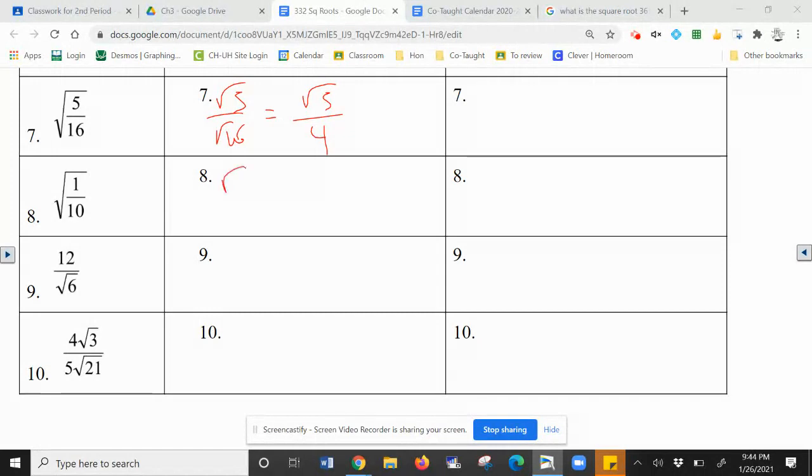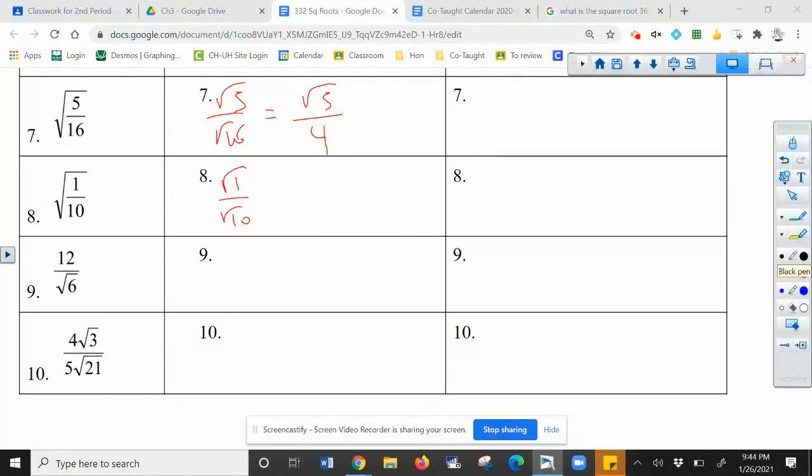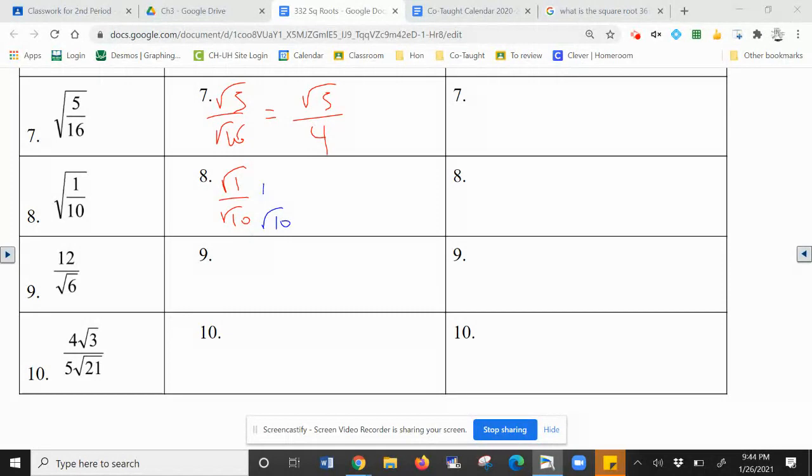And this next one, the square root of 1 over the square root of 10. Now, the square root of 10 can't be in the denominator. So the little trick you use for rationalizing was on video number 2. Multiply the top and bottom by the square root of 10. The square root of 10 times the square root of 1 is the square root of 10. But the bottom is the square root of 10 times the square root of 10, which is 10. The next one,